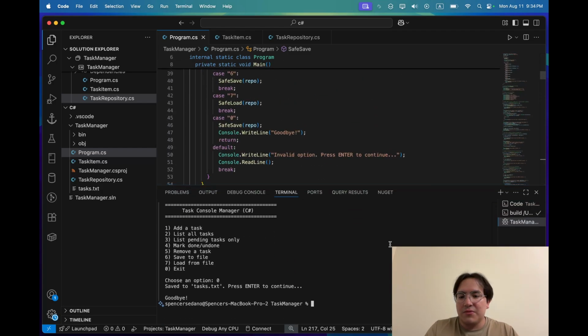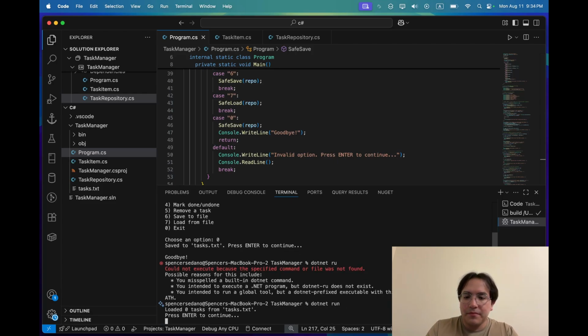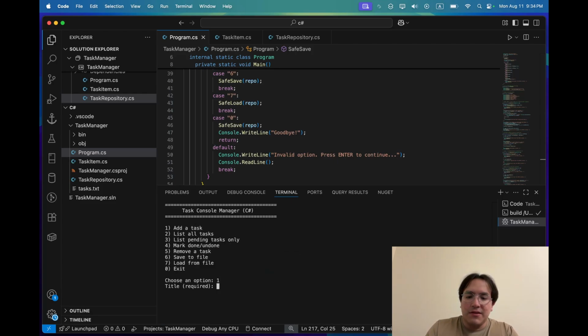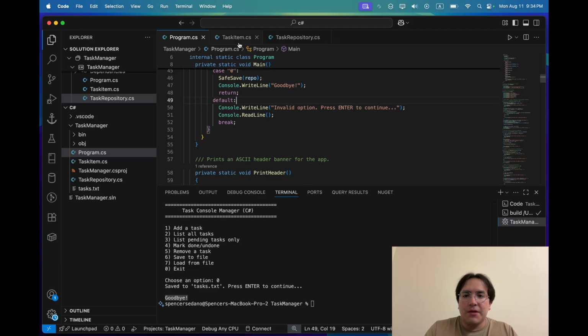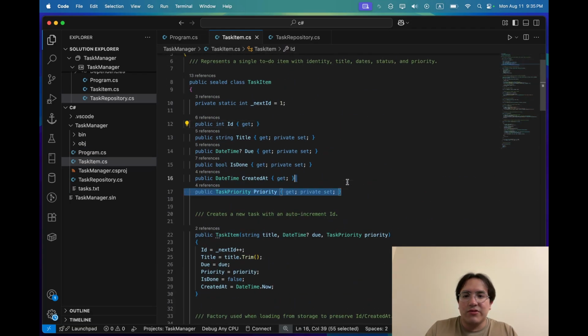Let's try it out, which is .NET run. Let's say I'm gonna add a task. I'm gonna say I record a video, as medium. Okay, exit. It's gonna be saved here and say goodbye. Okay, cool. Now I'm gonna go with task item, which is basically the structure of the tasks that I'm saving,